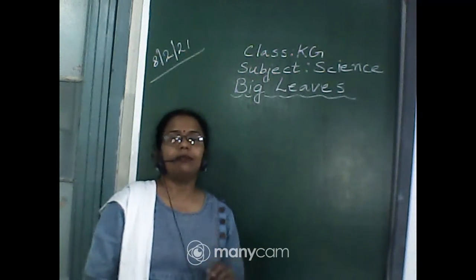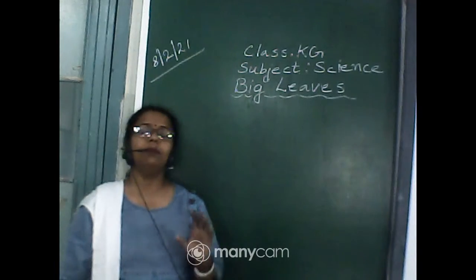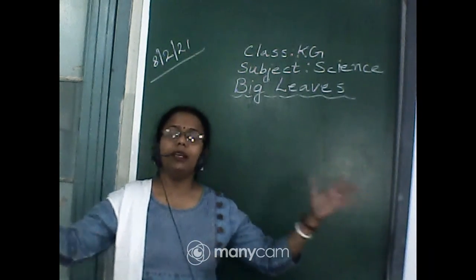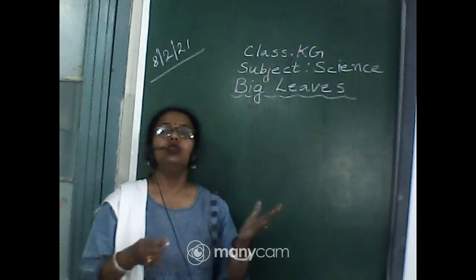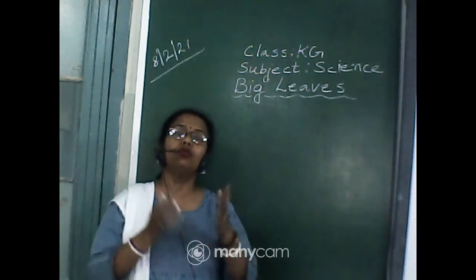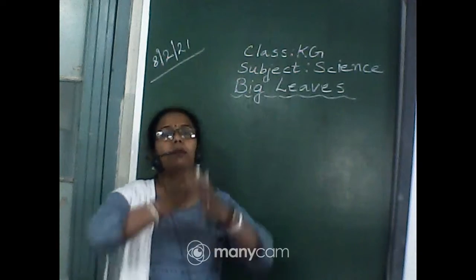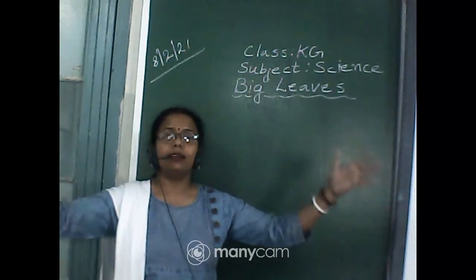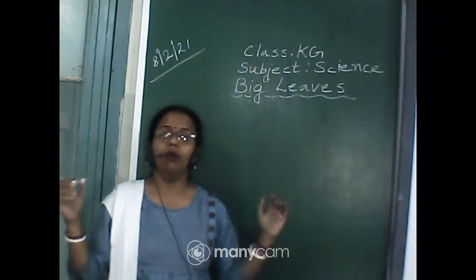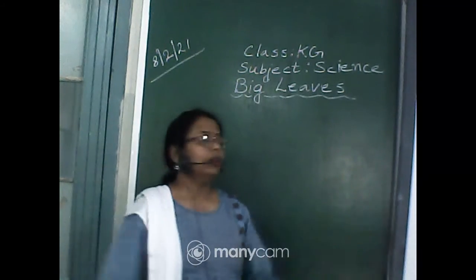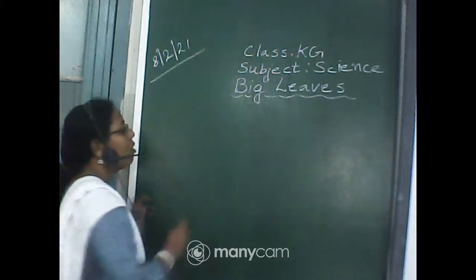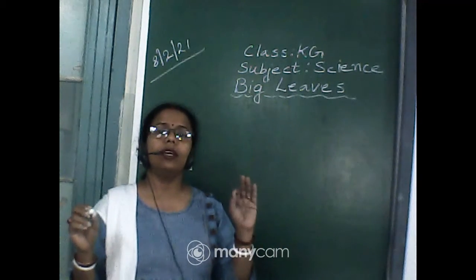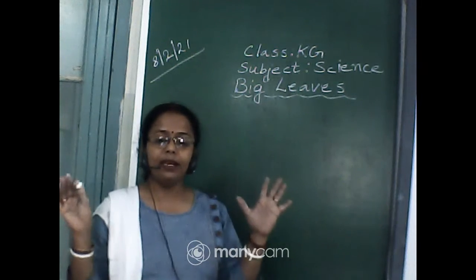I told you in that video that banana plant is the biggest herb on the earth and it has a big leaf. Baby leaves are 2 to 3 meters long, whereas the big, totally mature leaf is at least 2 to 3 feet long. Okay, so it's too long. So here we cannot draw such a big leaf, so we are going to draw it so that it seems like a big leaf, right?